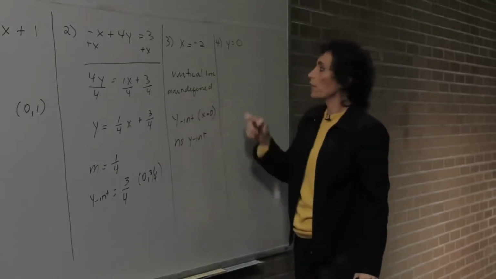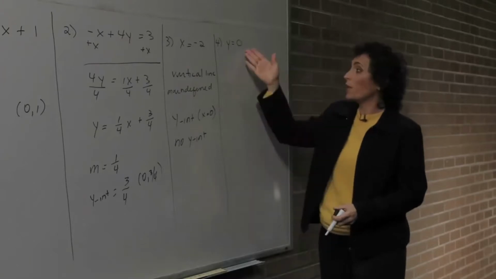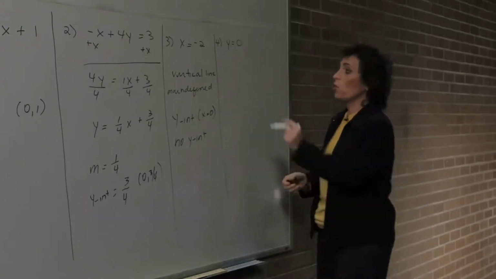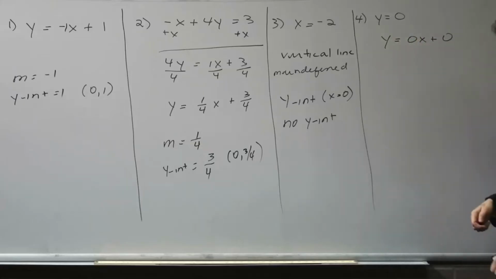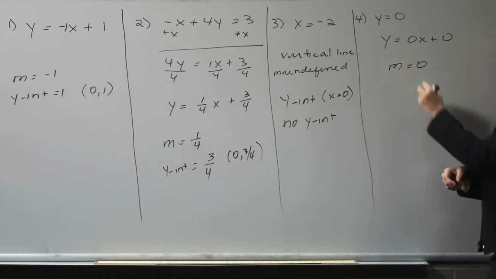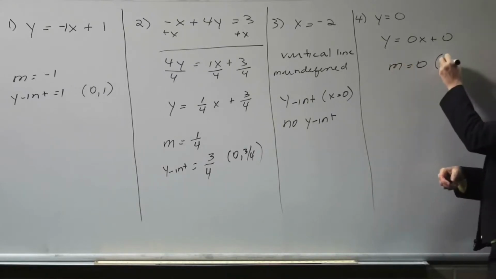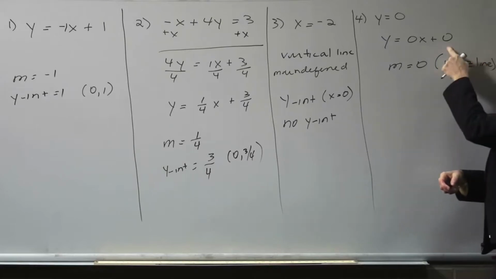Awesome. Okay, let's take a look at this. We have to solve it for y. It is solved for y, but we have no x. Okay, so this almost looks like this: y equals 0x plus 0. That's what that really is. So the slope is 0, okay, because this, yes, is a horizontal line. The y-intercept is 0,